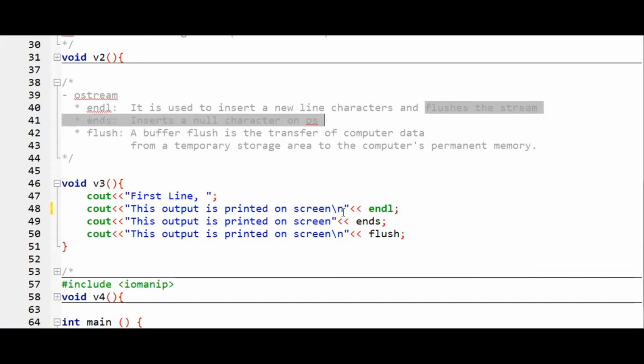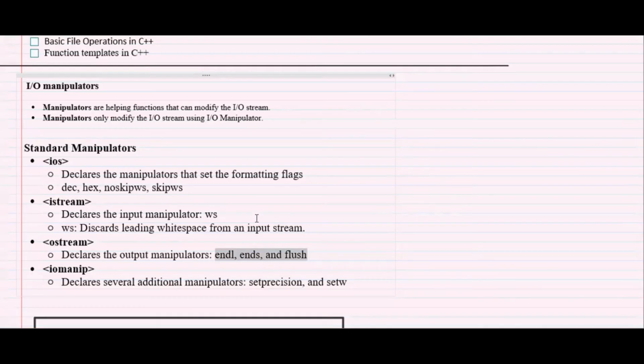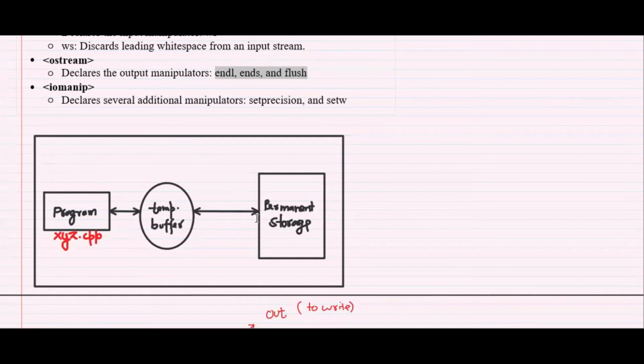To understand what flushing the stream means, let me show you a diagram. This is the diagram in which we have written a program, let's say xyz, a C++ program, and we are manipulating some values, but at this point in time they are stored in some kind of temporary buffer.